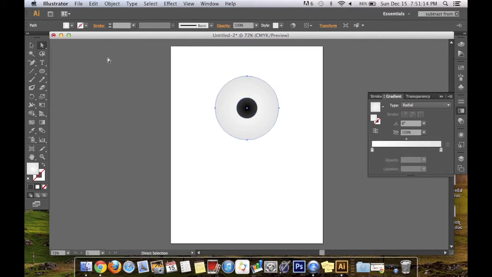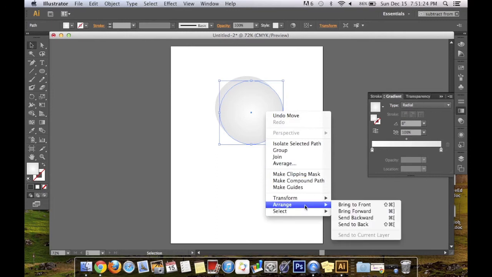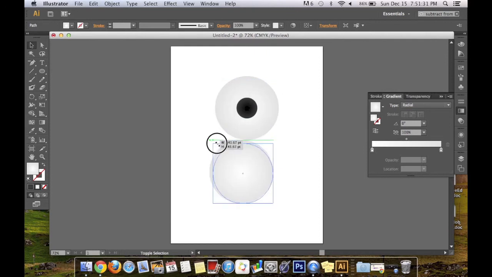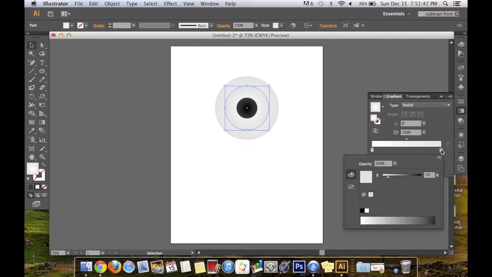Alright, now we copy this circle again. And arrange, send backwards, because we want it behind the black. Then we'll size it to bigger than the black. This is the colored part of the eye, so however big you think that should be. Then we'll use another gradient. Make the eye,